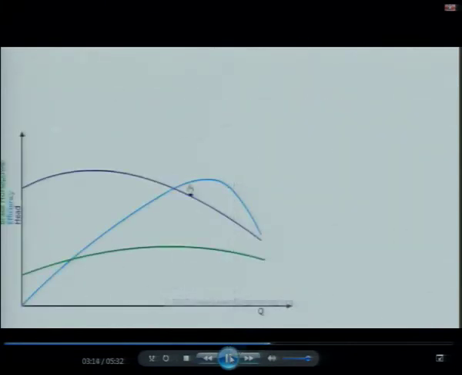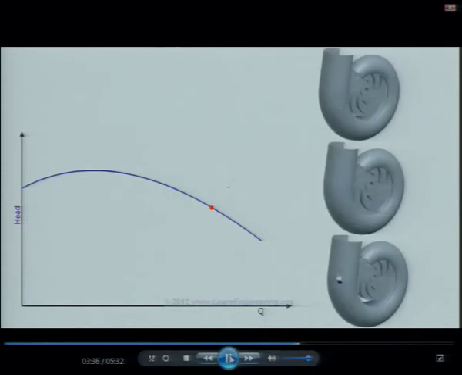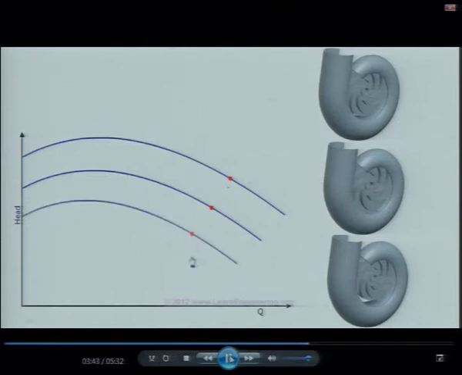Efficiency will vary like this. Corresponding shaft power variation is as follows. You can note that there is an operating point in pump where efficiency is maximum. It is known as best efficiency point. It is marked on head curve here. For a particular casing, we can fit different sized impellers in it. For a larger impeller, head curve will be like this, and this is the best efficiency point. For impellers of smaller size, head curve will vary like this. Best efficiency points are again marked.